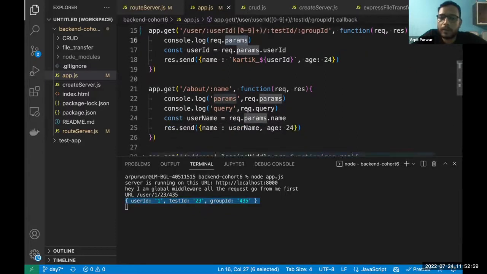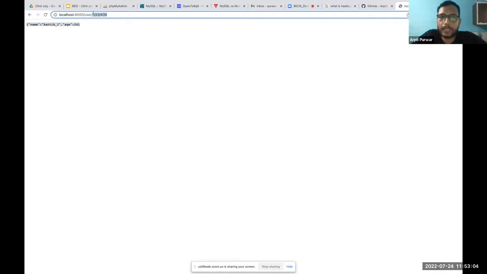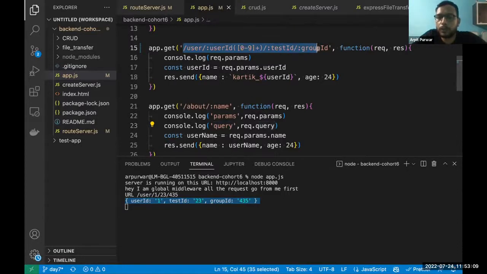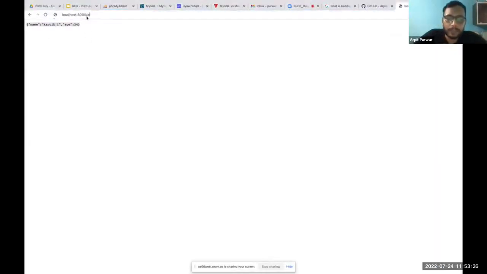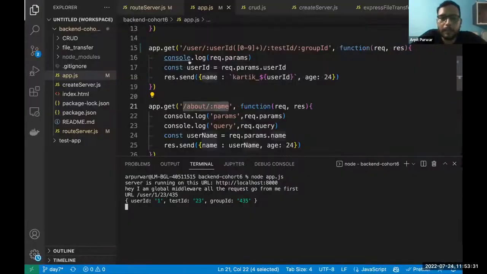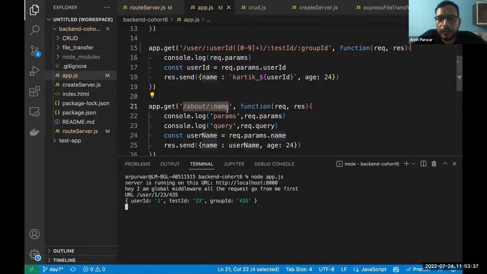Now we will talk about request.query. Request.params works like that, and you have to make some changes in your API also. If you want to use multiple request.params, you need to add them in the route also, correct? But in the case of query, you do not have to. You do not need to make any changes in the URL route part. You can provide it directly from the URL. Like in the same example, if I take /about and this is our parameter, we can give anything, we can give our quick also. This is our parameter which we will get in the name one.